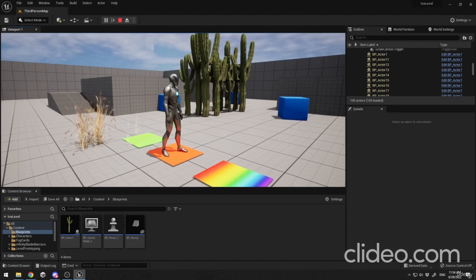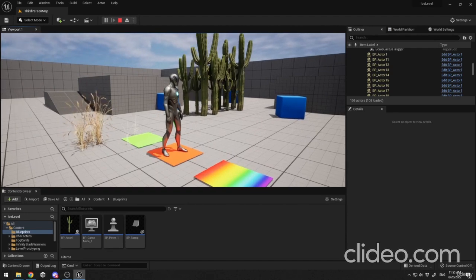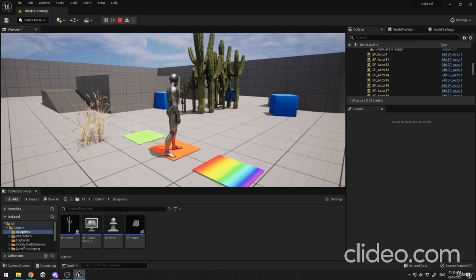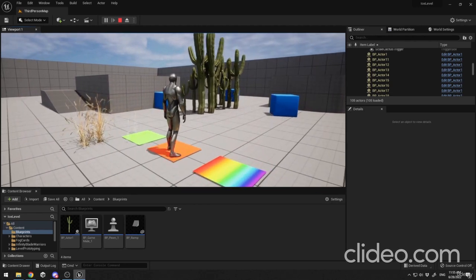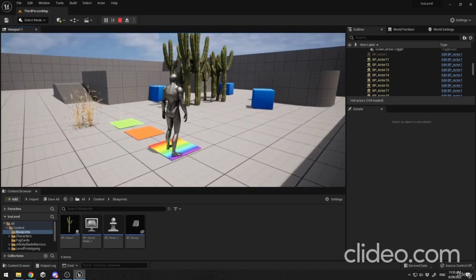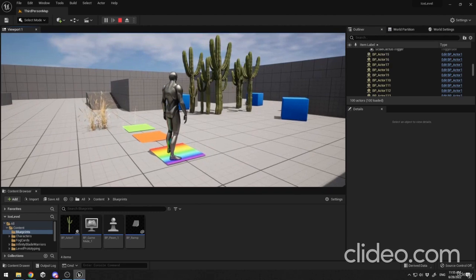So we are picking from the cactus array and we are changing the size randomly on an interval. All right, when we step out, the change of the size stops. When we step in, we proceed with the changes. All right, and the rainbow plane will destroy our cactuses, so we are removing them from the scene, as you can see also in the outliner, removing